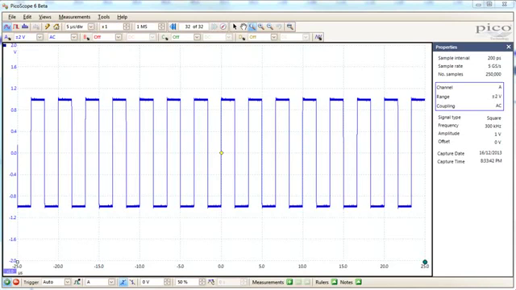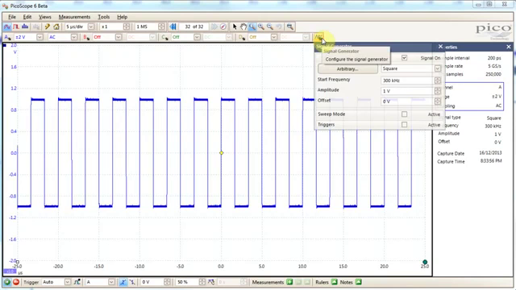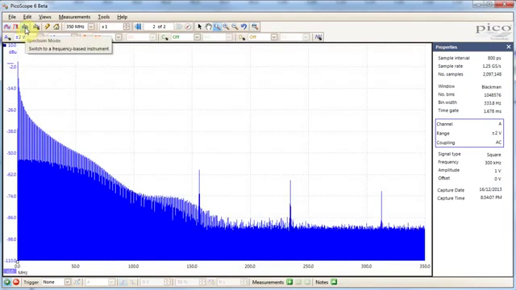The square wave is a great example of why you need higher bandwidth than you expect in a scope, because the square wave in the frequency domain, in theory, extends forever. Here I actually just want to show you about FFTs. I have a 300 kilohertz square wave,